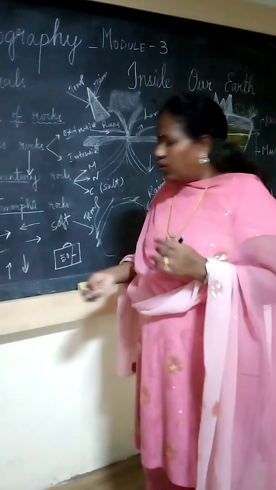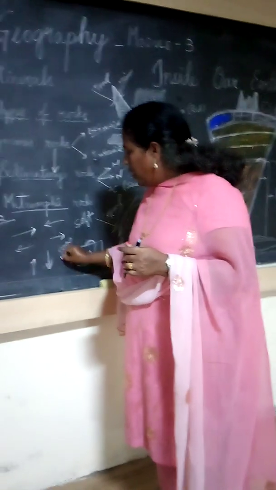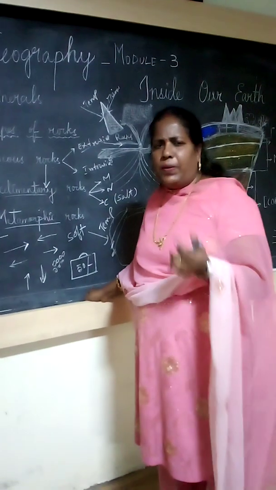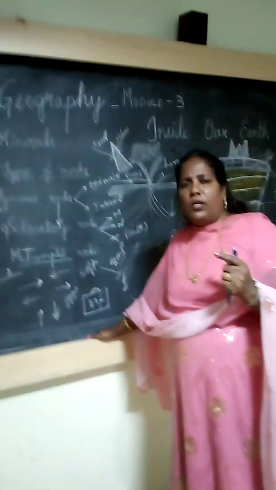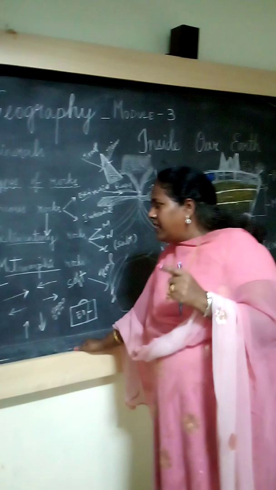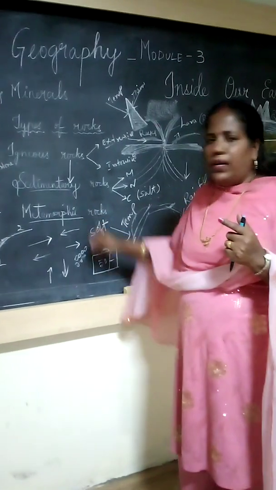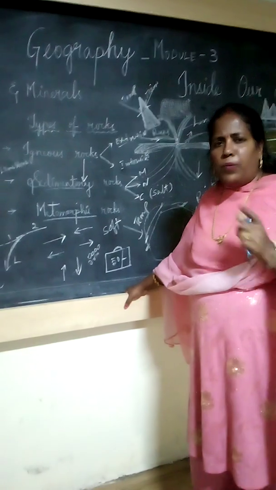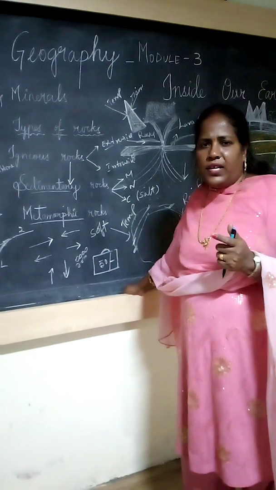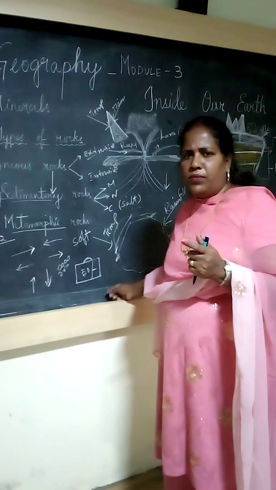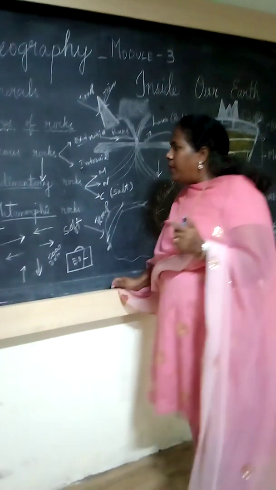Coal, you know, no? Coal, black color, pieces like this are there, no? When it goes to higher pressure and temperature, then it forms a diamond. So coal is a sedimentary rock example. Diamond is a metamorphic example. Marble also is an example of metamorphic rock. Now you understand the three types of rocks? How they are forming? Once again we will recap.